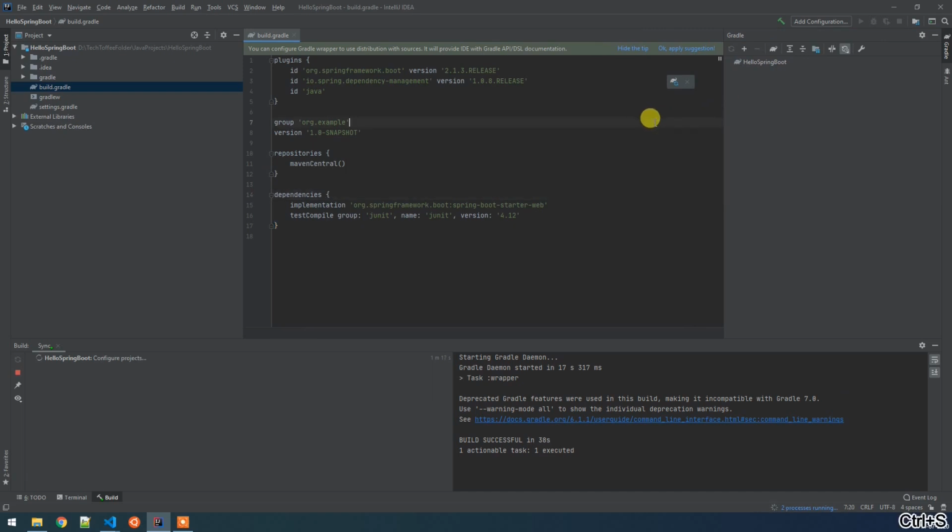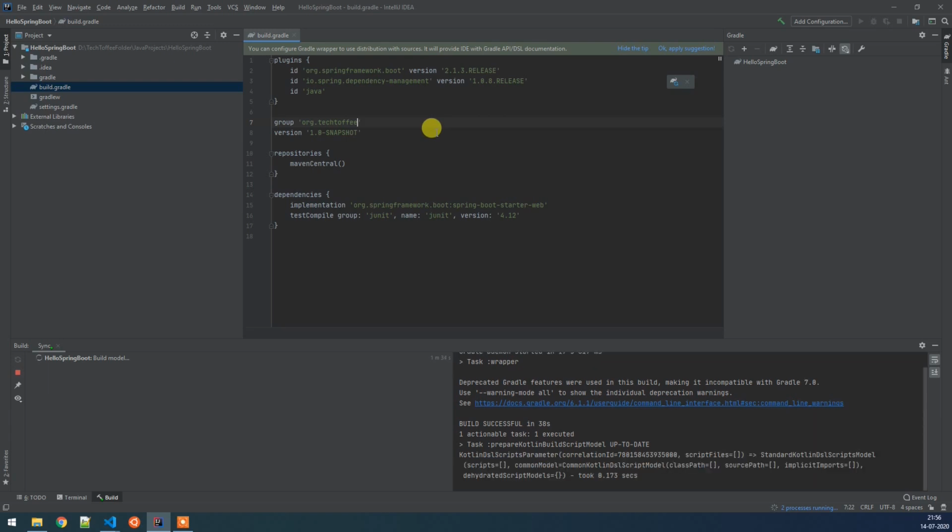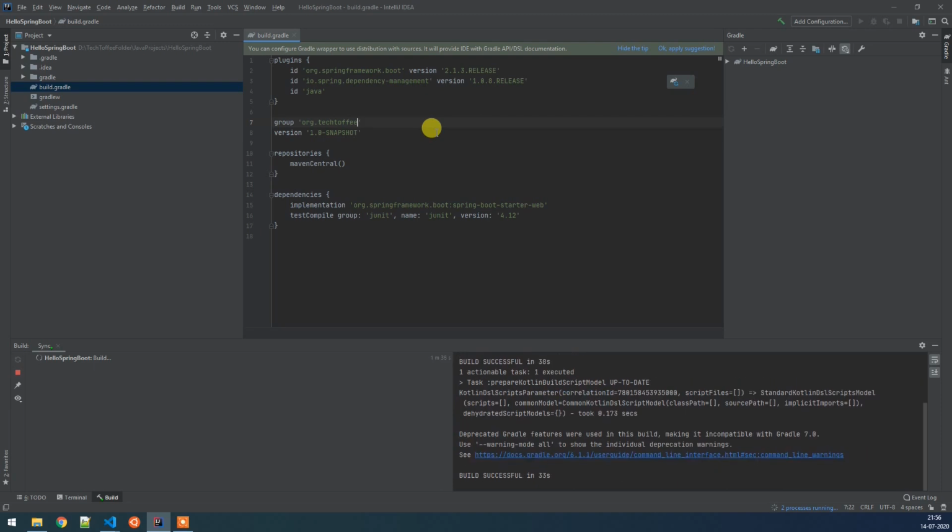Now we are changing the group, which is the group of our Spring Boot application. Here we are saying the group will be org.techtoffee. As you can see now, the folder structure has changed and we have a source folder.